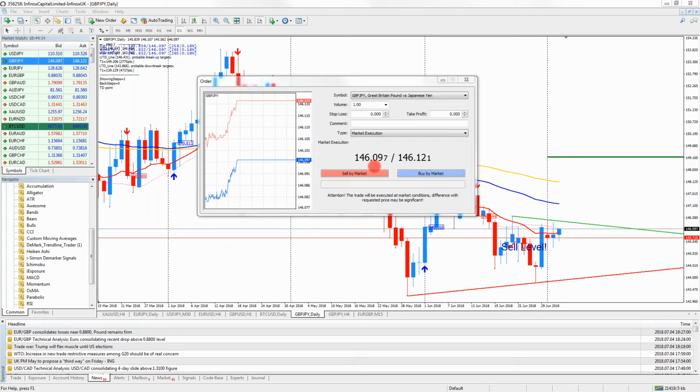And for the loss, if we were to sell here, we were making a loss. Every 10 pips we'd lose $100. Every 20 pips we'd lose $200. For every 100 pips we would lose $1,000. This is why starting out it's best to trade with smaller lot sizes,